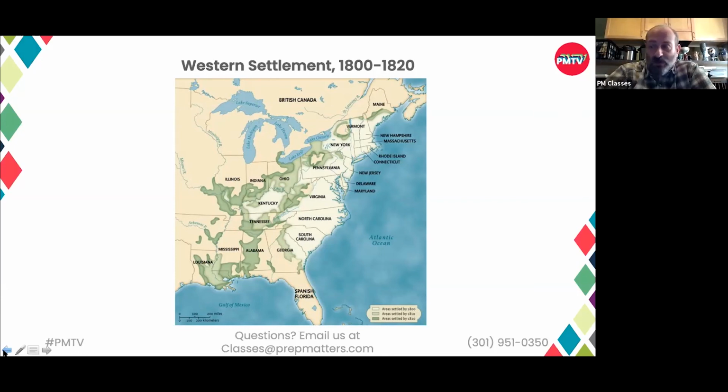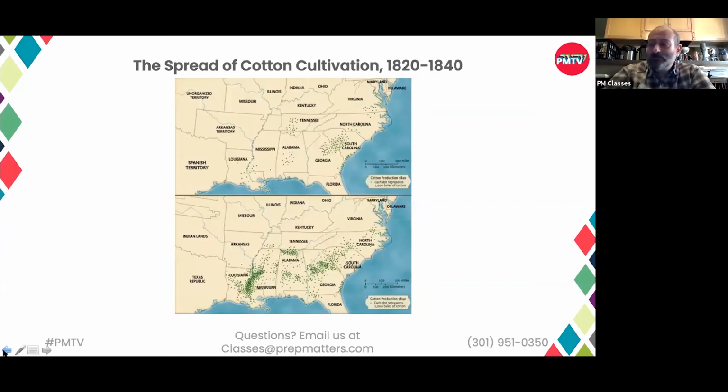Before the Revolutionary War, slavery was overwhelmingly centered on the tobacco growing regions of the greater Chesapeake area. Now slavery becomes pervasive throughout the Old South, as cotton becomes king, as the cotton gin makes it possible to cultivate the crop pretty much across the southeastern United States. And this becomes fundamentally intertwined with